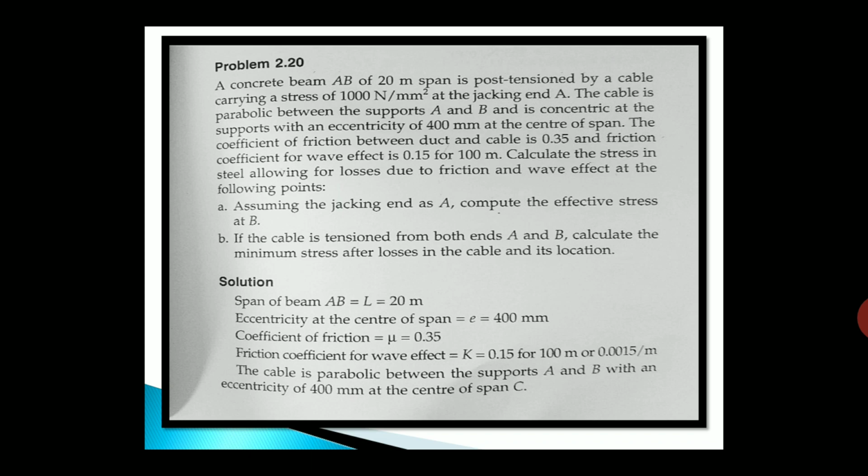So we have to calculate the stress allowing for losses due to friction and wave effect at the following points. Assuming jacking end is A, compute the effective stress at B. If the cable is tensioned from both ends A and B, calculate the minimum stress loss in the cable and its location. Okay, so it's a nice example. So let's start with it. Note down the given data properly. Okay, then